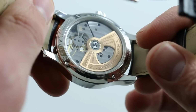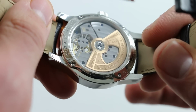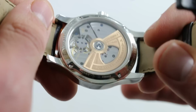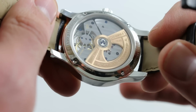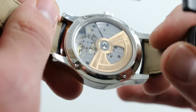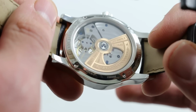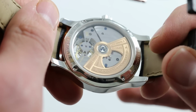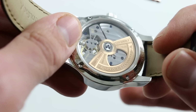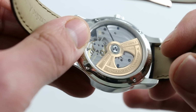Most of the underlying architecture of this movement, the 33 jewel 302 part 978, actually comes from the early 2000s JLC Auto Tractor sports watch caliber. So it has unlubricated ceramic rotor bearings, efficient unidirectional winding, a superior 48-hour power reserve. It does feature spire-cut gear profiles, and it does have all of the modern features that you would get on the sports watch, right up to the point where there's a departure in the form and function of the escapement,